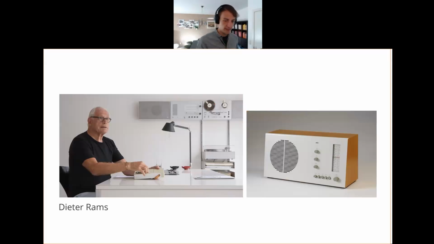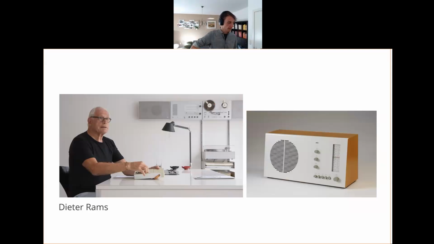Before wrapping up about design principles, this is one of the most famous designers alive, I think. He's Dieter Rams. There's a great documentary about him. I don't know if you can find it anywhere, but I had the chance once to see it, and it's really great. He's a designer. He has been the lead designer for Braun in Germany for many decades, and he has designed, as you can see, very minimalist